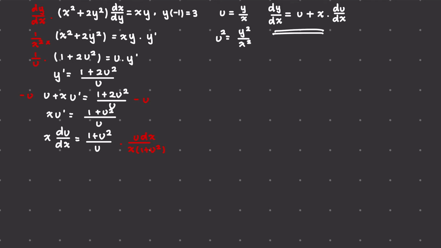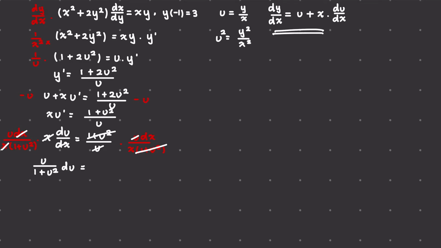And for the other side, we're going to do the same thing, which is u dx over x times 1 plus u squared. And so on the left hand side, our dx will cross out, and also our x's will cross out with each other. And on our right hand side, our 1 plus u squared will cross out, our u will also cross out, and it will leave us with u over 1 plus u squared times du